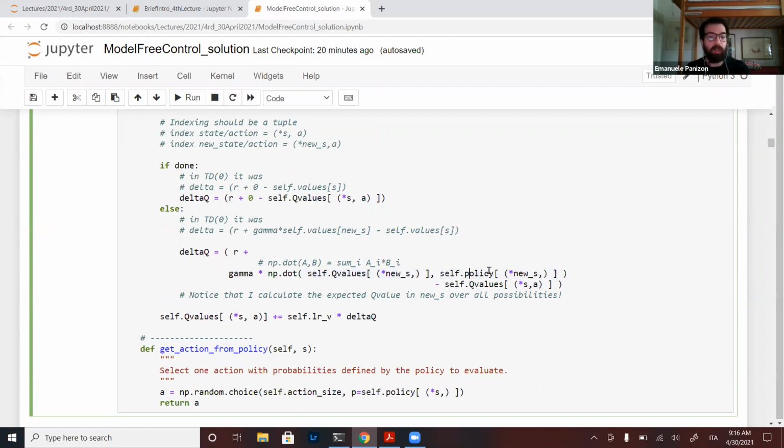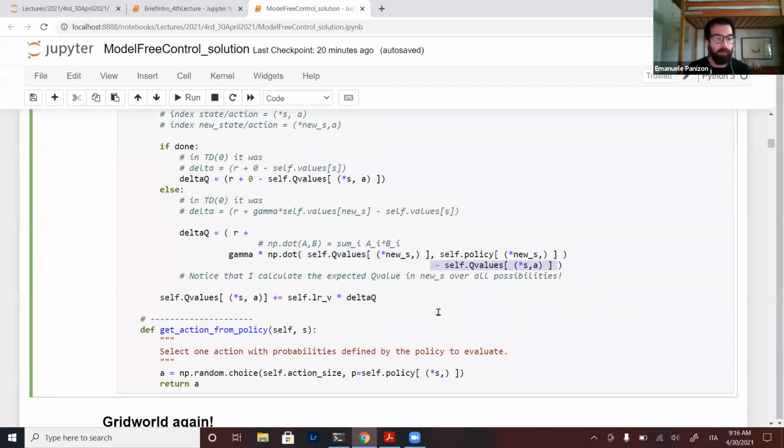So this is the policy, the probability for all the actions there, and these are the values for all the state-action pairs. And then I subtract self Q values for the old state and the old action. So you can see the parallel between them.